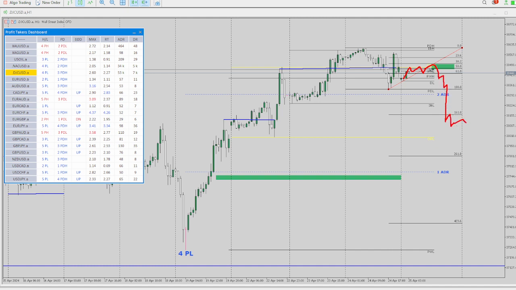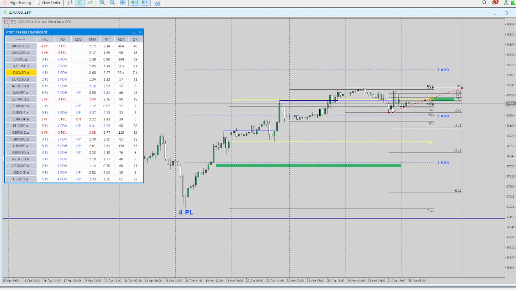Okay. Now we're 4 days in, from this peak. Usually the market maker cycle is 4 to 5 days. Does the ADR have to complete? No, it does not. It doesn't always have to reach 3 ADR, but it can,